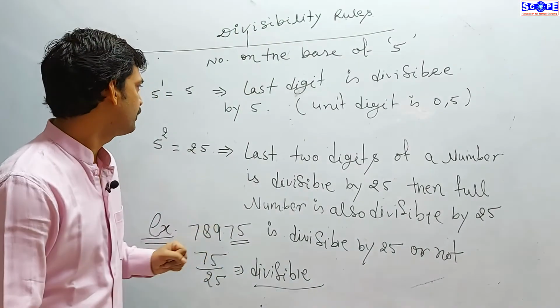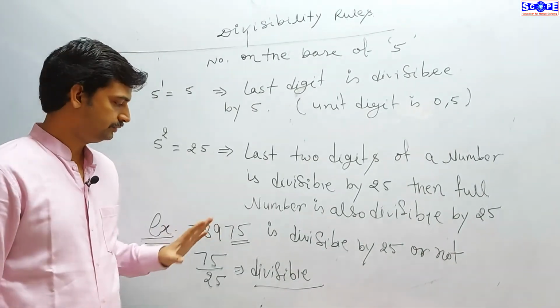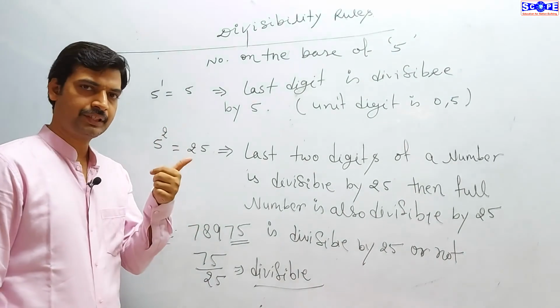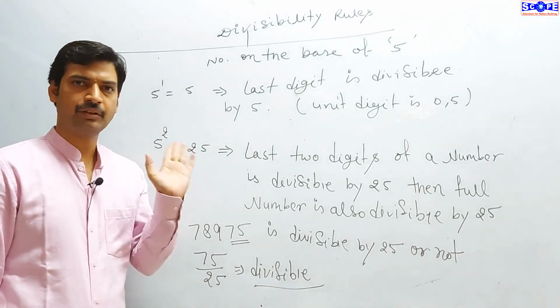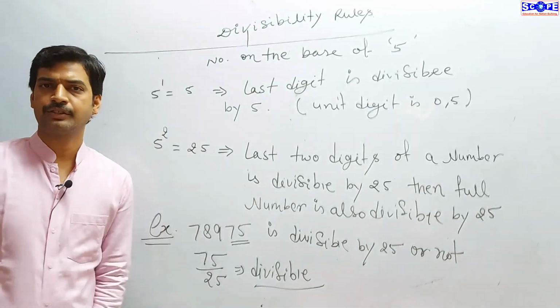Right? So next we'll talk about the divisibility rule of 3. We have done 2, 4, 8, 16 and all that. We have done 5, 25 and 125 and all that. So next is 3.